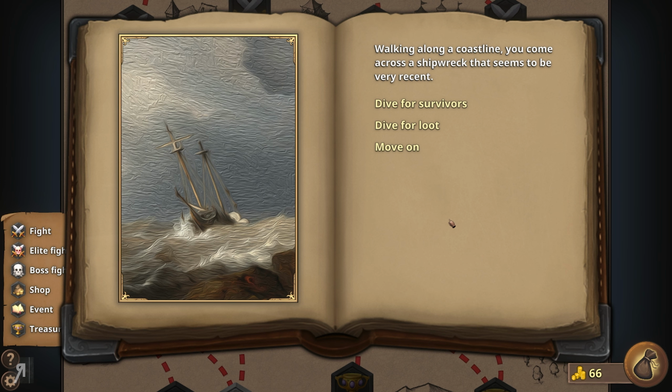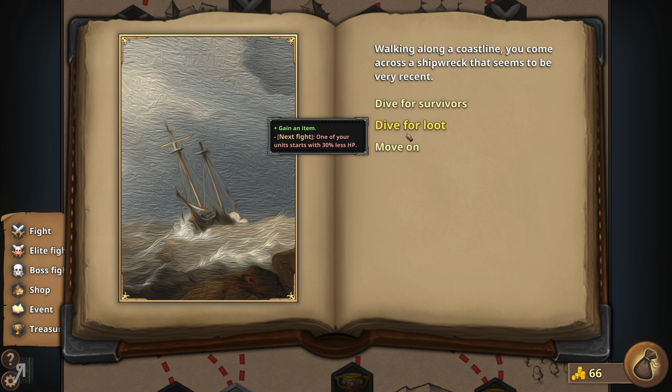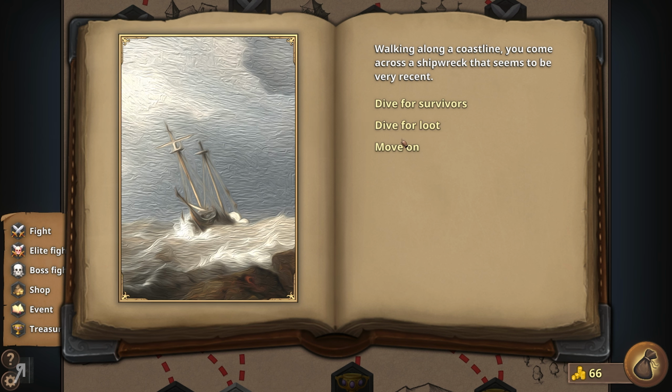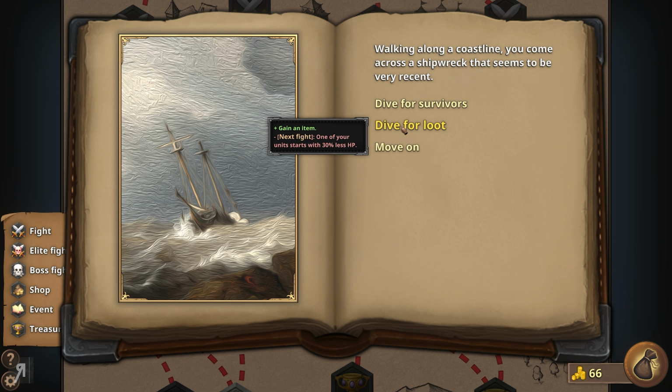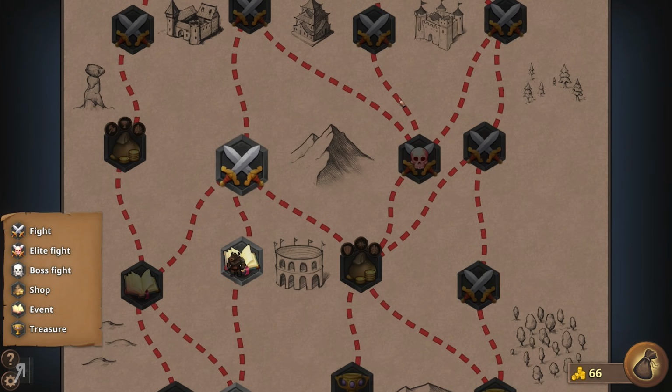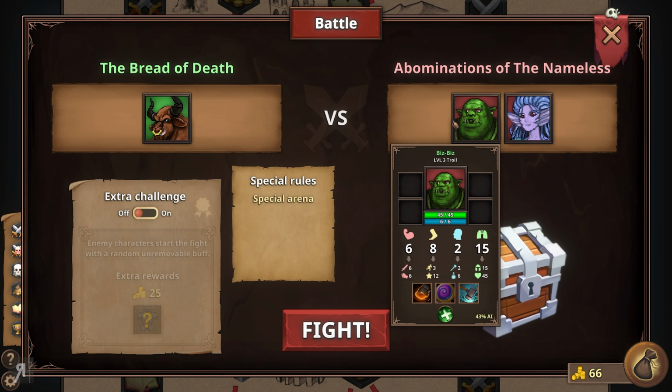Walking along a coastline, you come across a shipwreck that seems to be very recent. Dive for survivors. One of your units starts with 60% less HP. We gain a character for that though. Or gain an item. Or move on. I actually don't want to do either of those things. I'm gonna move on, actually. I literally am just gonna move on. I think that might be a mistake, but I'm gonna move on because I was a bit worried about...